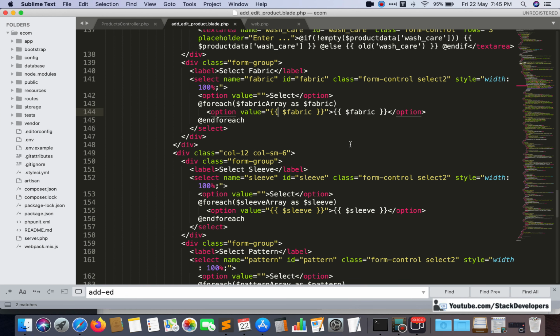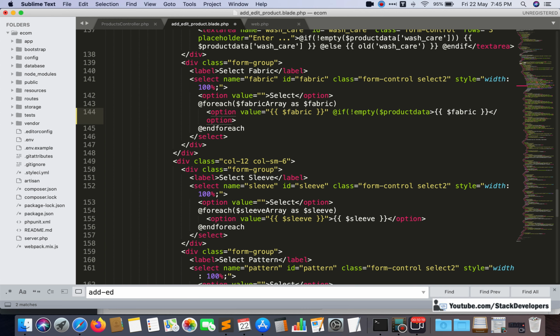And here we also need to add the condition, at the rate of if not empty dollar product data fabric, and dollar product data fabric we are going to compare with this fabric, dollar fabric, that is, yeah, like this. Then we are going to select it.